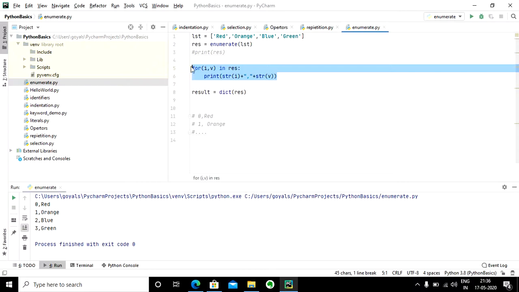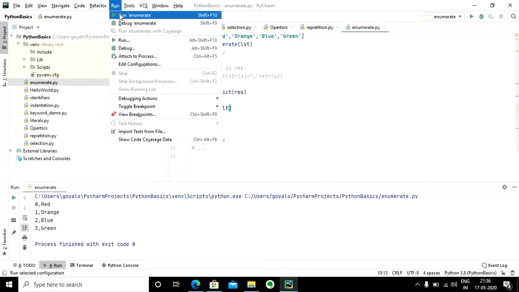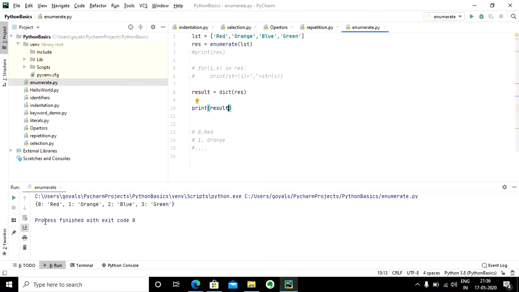For now I am just commenting these values, and now let me print the result and execute this code. Now it is saying 0 is the key for red, 1 is the key for orange, 2 is the key for blue, 3 is the key for green.